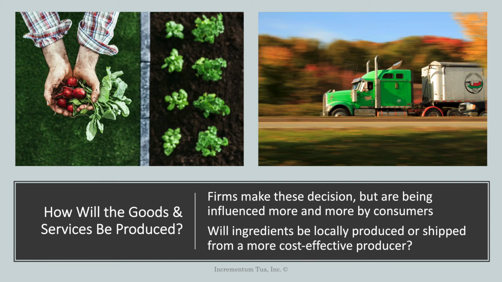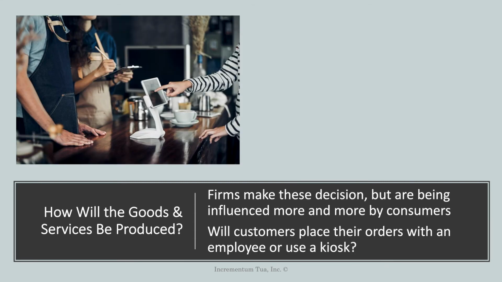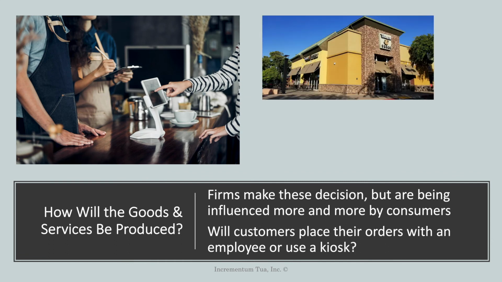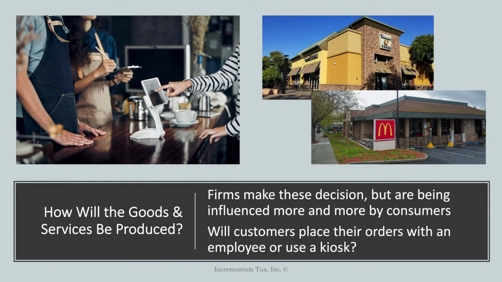So restaurant owners have to pay attention to these trends. Which is the biggest concern for their customers? Is it having locally produced ingredients or having more cost-effective ingredients? Another example of this is, will customers place their orders with an employee or use a kiosk? We have started seeing more and more kiosks at restaurants and also more online ordering options, which means that